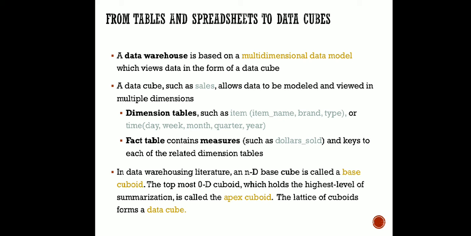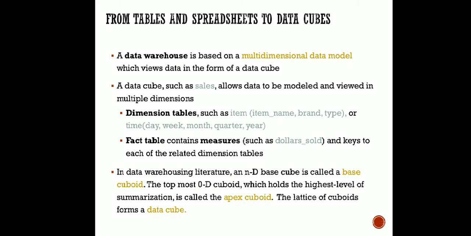Say day is the key of the time table. So my fact table is going to consist of these two attributes: item name and day. From the fact table we can move to different dimension tables. You will see there are very many kinds of representation possible.